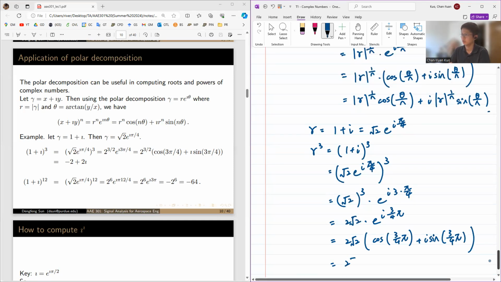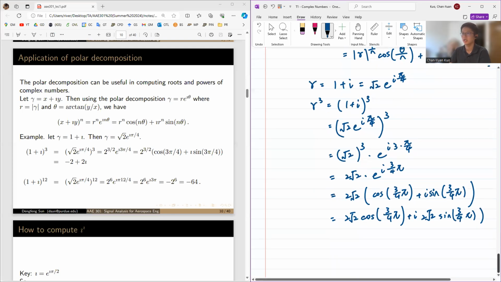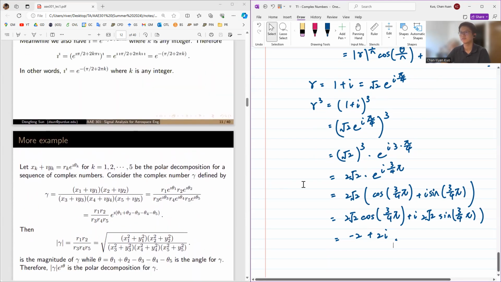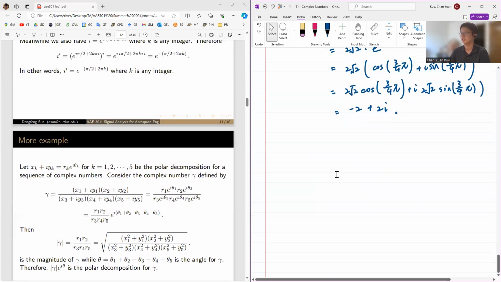And that's 2 square root of 2 times cosine 3 over 4 pi plus i 2 square root of 2 sine 3 over 4 pi. And that will end up being negative 2 plus 2i. All right. And another advantage of expressing the complex number in polar form is that it will be easier for us to